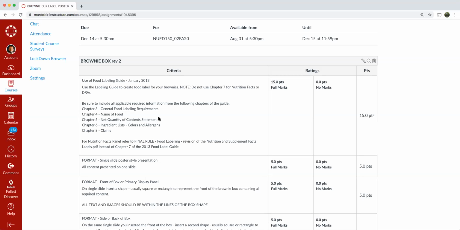So these labeling changes, as we've discussed several times throughout the semester, are in direct relation to current research trends that show dietary fat to not be as evil, in quotes, of course, as once perceived,